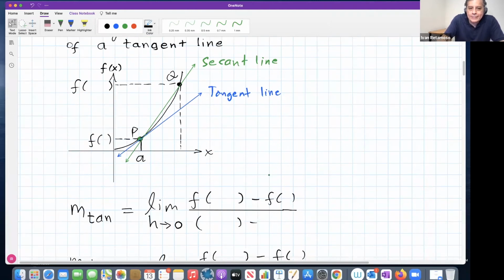Okay, but the idea is this. The slope of the tangent line is going to be the limit of the slopes of all these secant lines as you choose points closer and closer to the base point. So allow yourself a variation here,